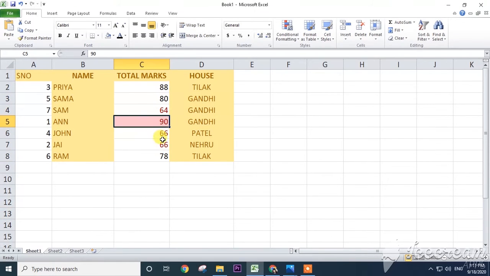Now see, earlier it was applied. Why is it not applied? Because we have selected 90 and above, so from 90 onwards it is added. So now we have selected this one. In this way we can make the conditional formatting by your own choice.